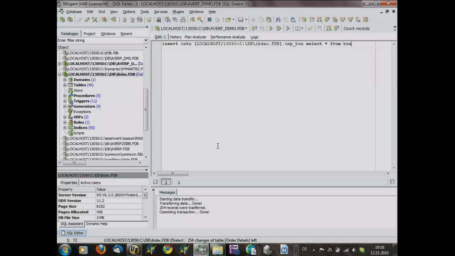And now it directly transfers all the data to a second database. So sometimes, if you simply want to copy data from one database to another, it is the much easier way to do it in this way. And you've seen already, creating a table with the same structure would not be so hard using IBExpert. But when you're using it in this way, you do not even have to think about creating the table on the target database. You can simply add this part in front of the table name of your destination.